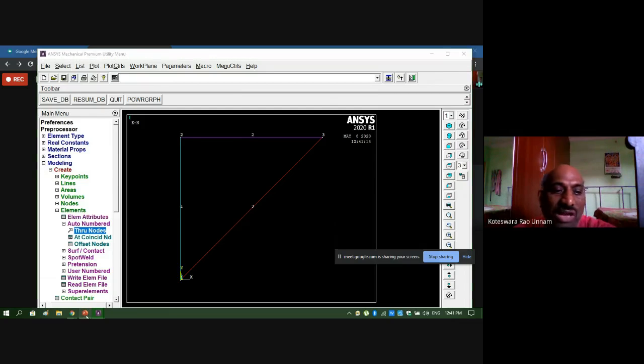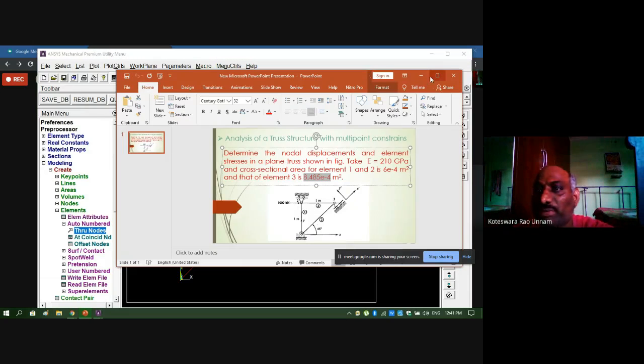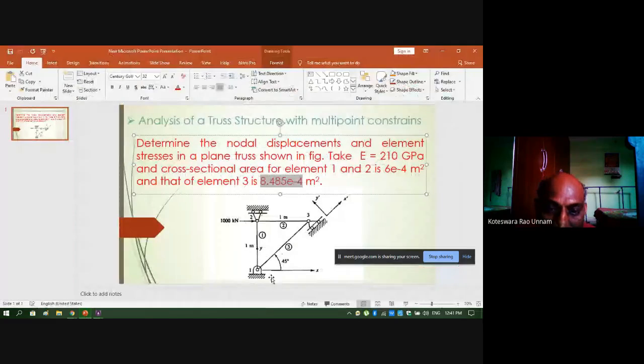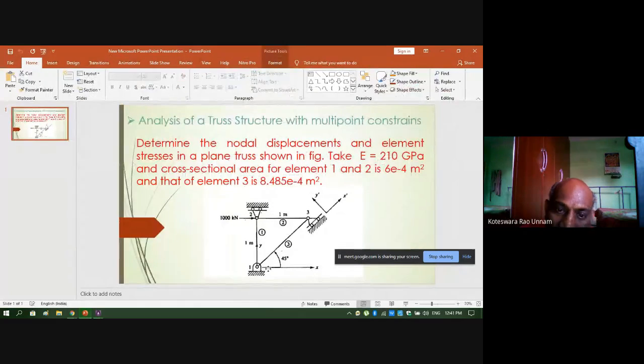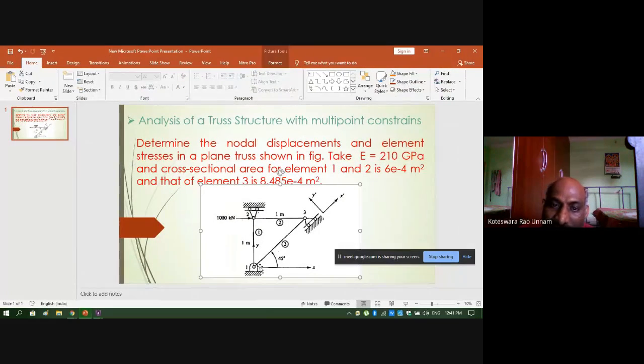Next step is we need to apply what are the constraints for this problem. Constraint means the supports. See here at this part, node 1, you have a hinge support, node 2 roller support, and node 3 also roller support. So at hinge support, I already told you there are only 2 degrees of freedom for each node, so it can translate along X and Y. Since it is hinge support, this node is completely constrained.